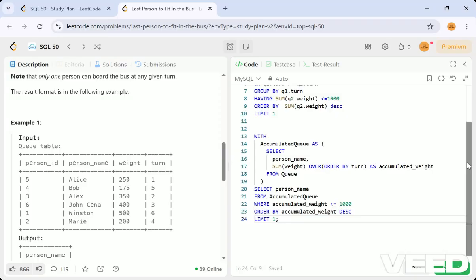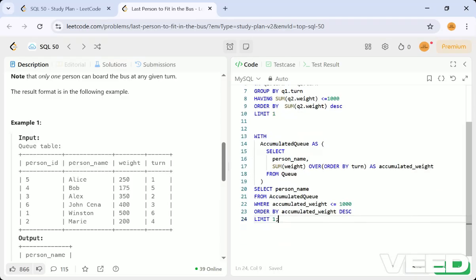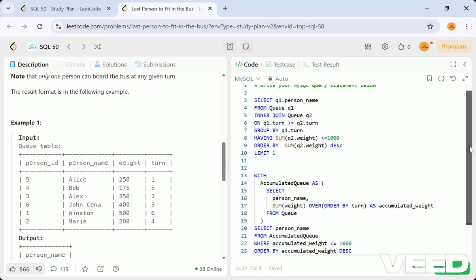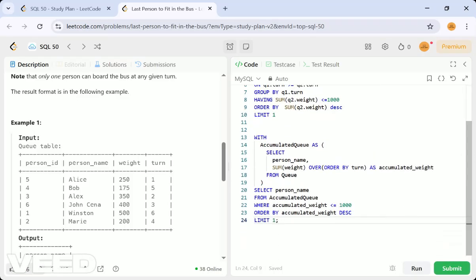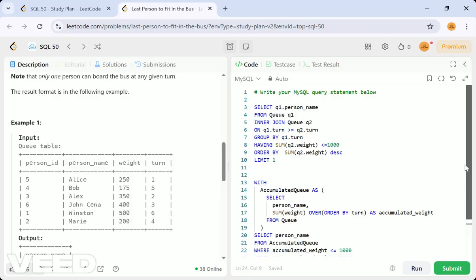The same thing which we are doing here, the partitioning with the turn, lower turns compared to one turn, the same thing we are doing with accumulated Q. The accumulated weight we get from that Q table. So select person from that accumulated Q where accumulated weight should be less than or equal to 1000, in descending order with a limit of one, that is the last person they want. I hope you have understood, right?